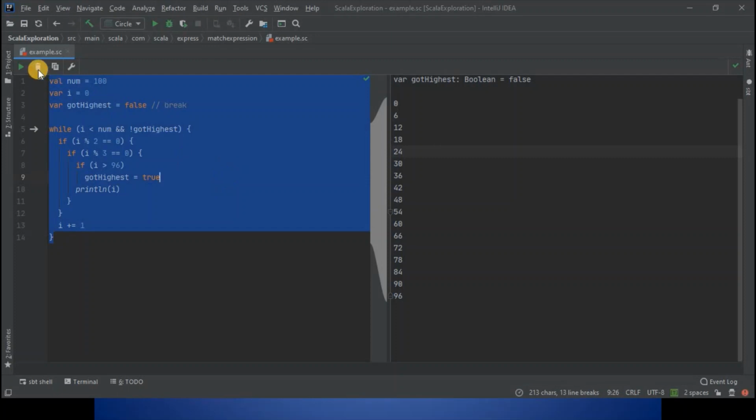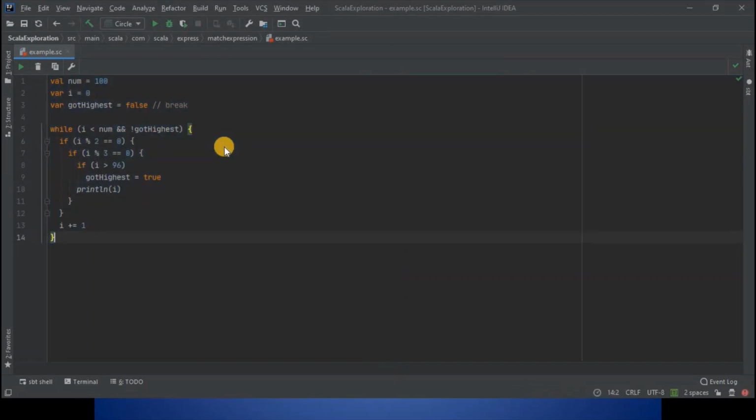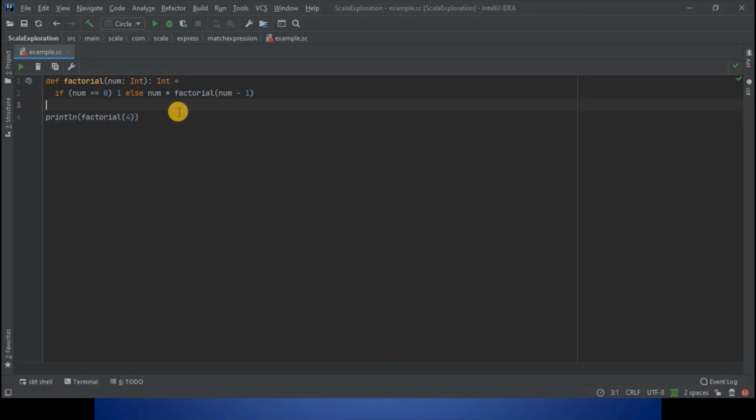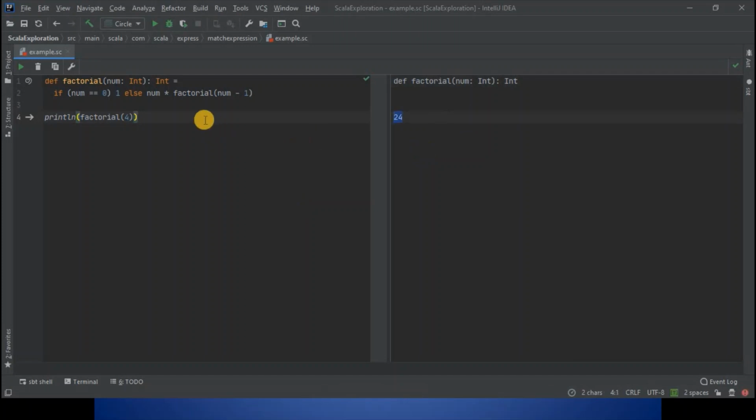Now it's time to see another example which we have designed in a recursive manner, where we have given recursive calls to the factorial function. So here I'm defining one factorial function. It will return the Int type, and then we are having an if condition where num is equal to 0, then it should give us 1, else num multiplied by factorial of num minus 1. I'm keeping 4 by default, and then we are having println to print the result of this function. Basically, this statement should give us the factorial of 4. So here we have got 24, that means 4 multiplied by 3 multiplied by 2 multiplied by 1.